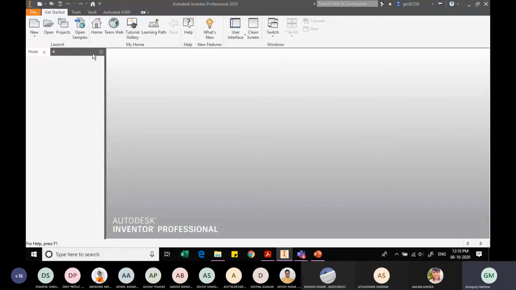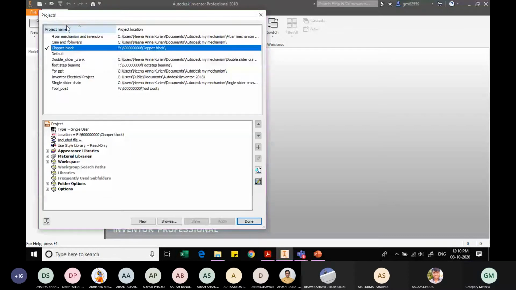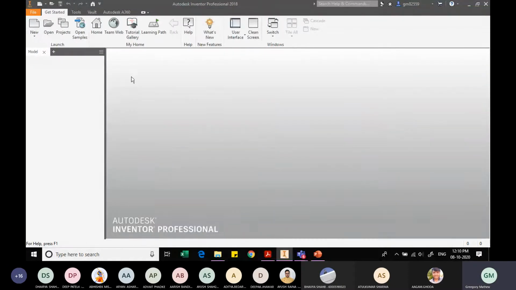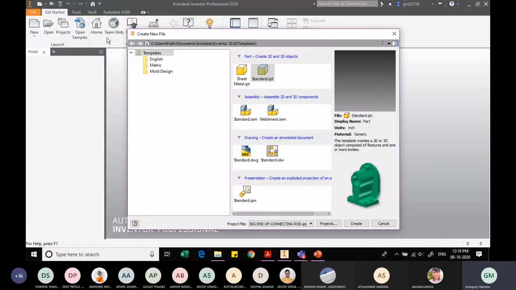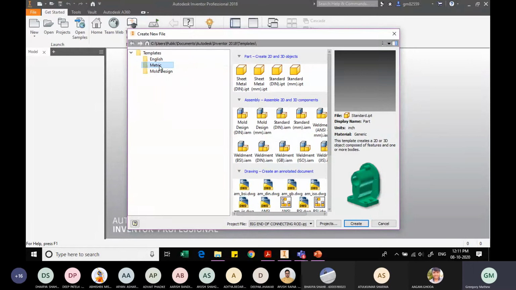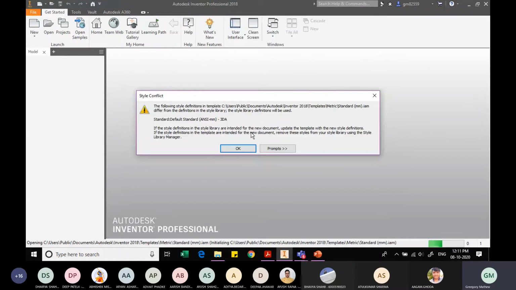Now to begin with the assembly, as we remember, the first step is setting up the project file. I'll browse, and done. Project file is set. So now we'll create an assembly. Going File, New, under New, again selecting the New option, and from the New option under Metric, please remember, do not go through this step, select Metric, and in Metric, standard IAM.